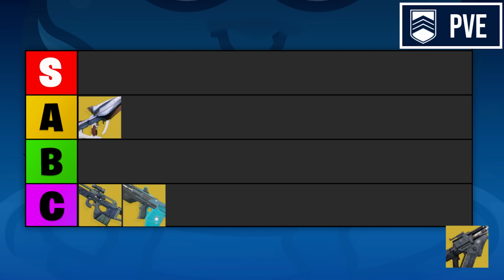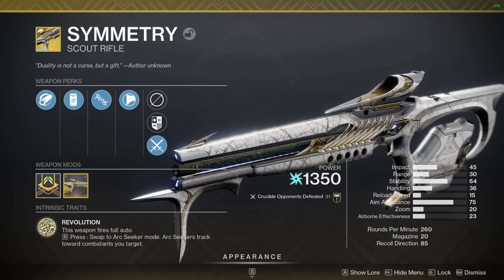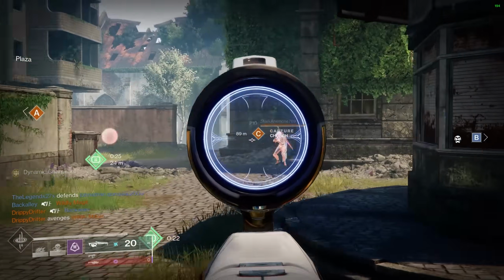So that's why I'm going to rank Skyburners in the B tier for PvE. Symmetry is a really tricky scout rifle. At base, it's just a decent 260 RPM scout. These really don't have the best kill times, but they do make up for it by having more leniency in